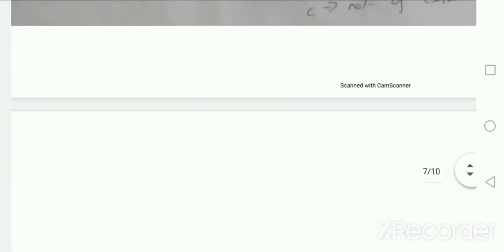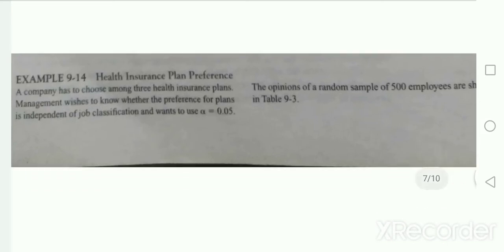Now we see the problem about health insurance plans. Actually, there are three health insurance plans and two types of jobs. The question is to know whether the preference for plans is independent of job classification. That is, whether health insurance plan preference is independent of job classification or not. We have to verify that using alpha equal to 0.05. So the corresponding table for this problem is